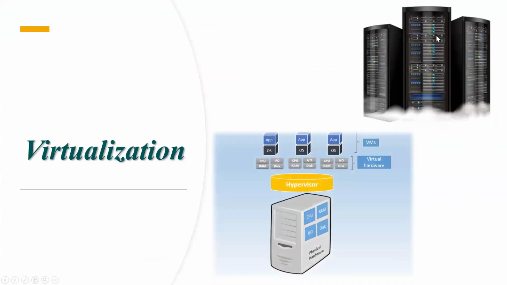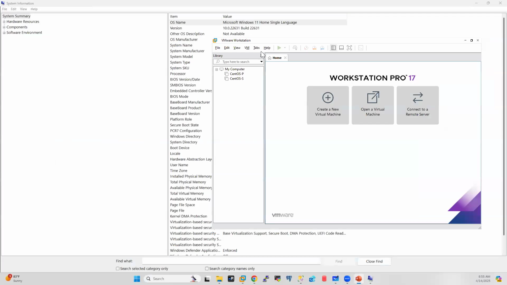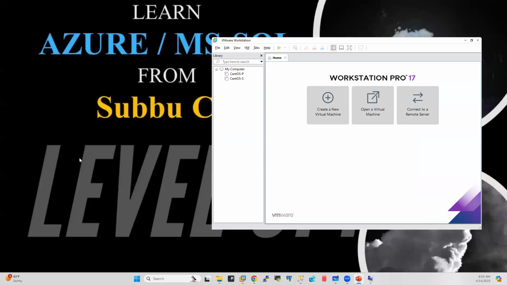So you will purchase a massive server, like a massive CPU, and you can build multiple operating systems. See, my laptop is completely a Windows operating system, but using a virtual machine, I build Linux VMs. See, these are all Linux VMs.